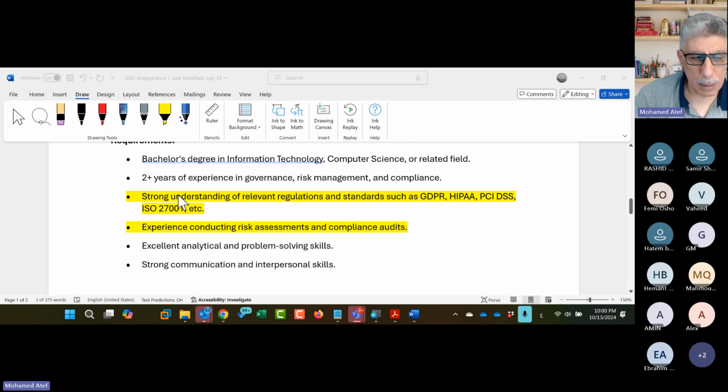This is actually the main point that I will focus on in the program. Of course, you need to have some kind of analytic and problem solving skills. Let me explain what I mean by analytic skills. To be able to evaluate the situation, evaluate the risk, conduct a risk assessment and implement the governance, you need to understand very well about any